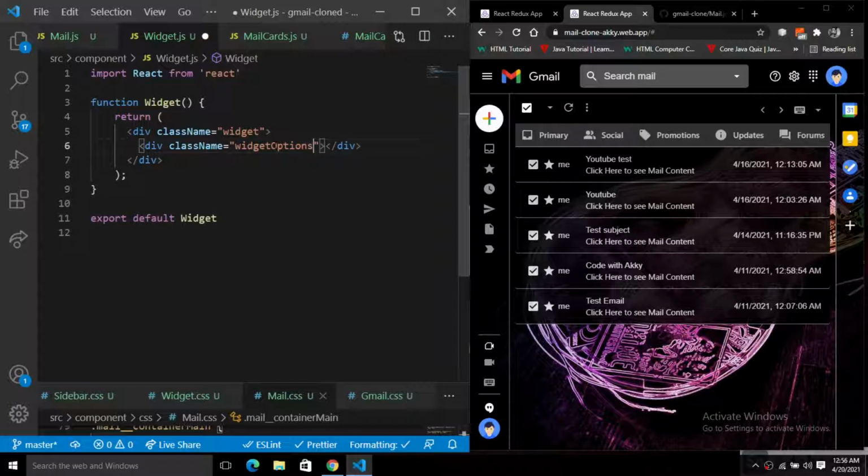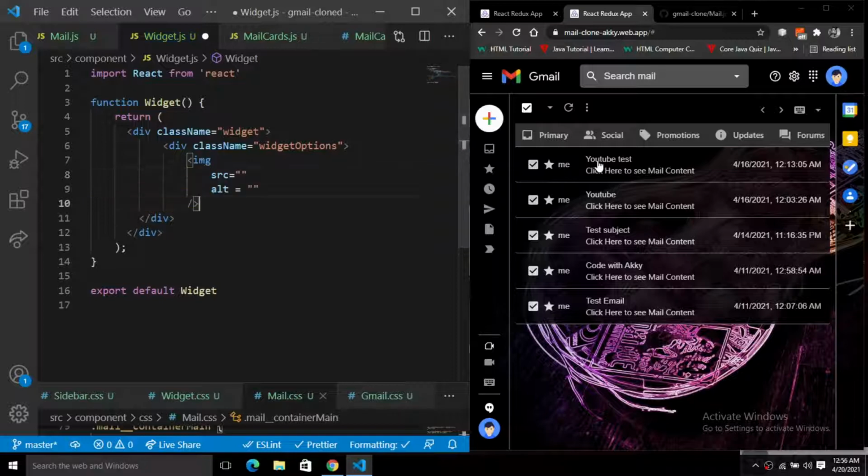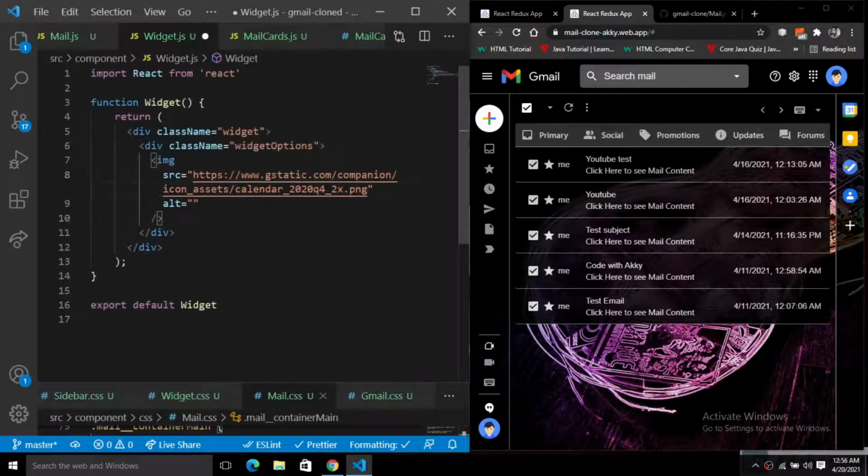So inside of this widget options we have an image tag, right? And for this image we have the source, and then we have the alt tag. Just like this. Okay, so for this image tag, simply grab the URL of the image and put it inside of the source.